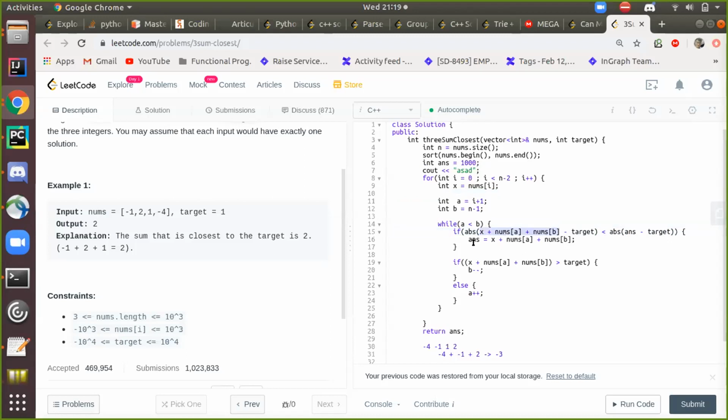The other two cases are: if my current triplet sum is greater than the target, then I shrink my current window from the right end, I decrement the right pointer, and if the sum is less than the target, then I move my left pointer.